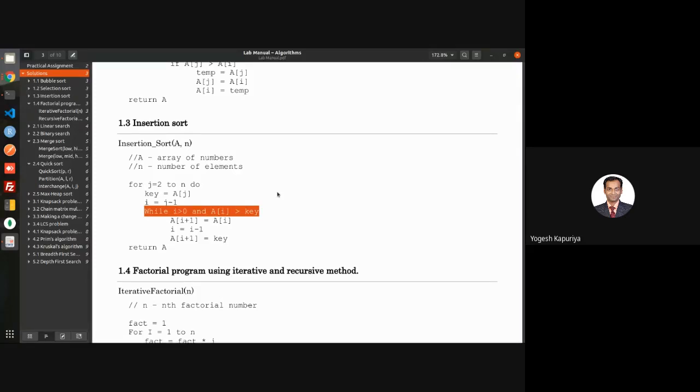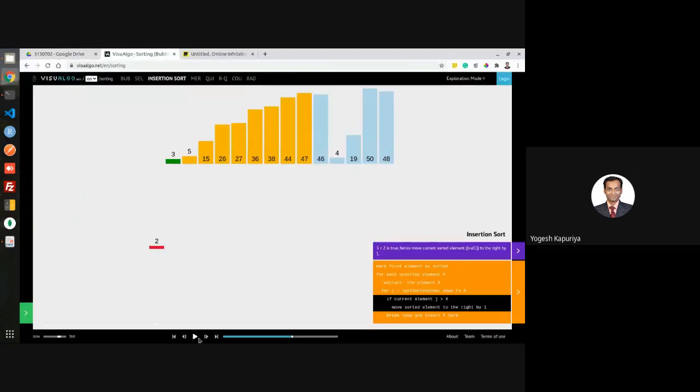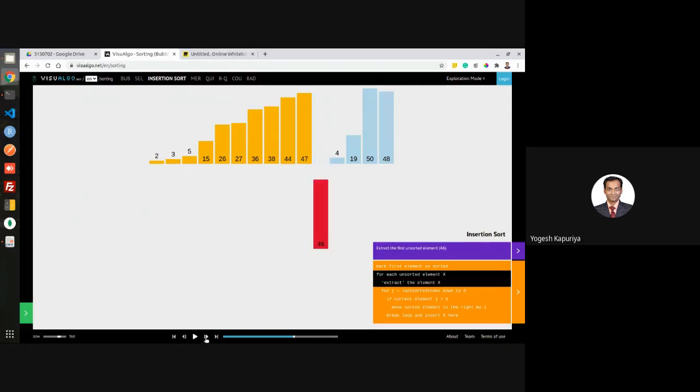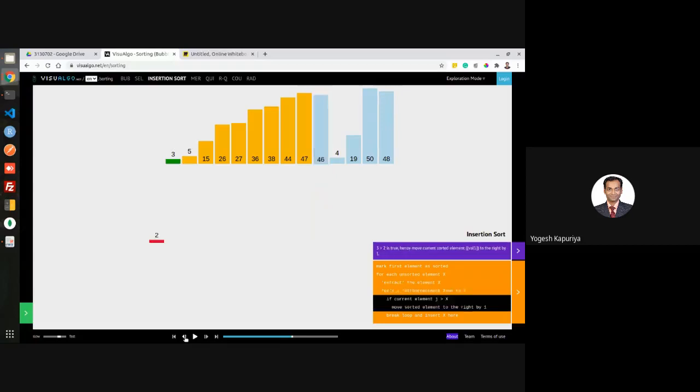Again, it's an approach which is slightly better than bubble sort and selection sort. The reason for that is, you see the number of comparisons you are making over here, it is optimized. For every element, say this is the third element, you are actually making only 2 comparisons. In 2 comparisons only, you will come to know where the position of the third element should be. So for every element, the number of comparisons will increase, but not like bubble sort or selection sort.